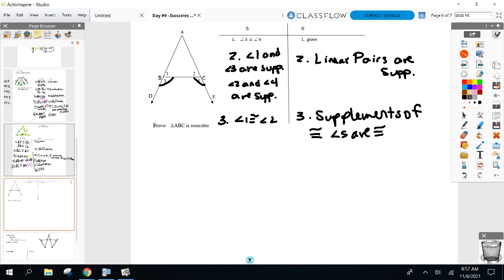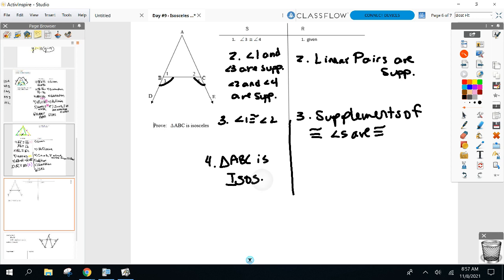Good work. Now, you can stop here. Did I just get 2 congruent angles in that triangle? Is it isosceles now? Yes. Now, if you wanted to add on and try to impress people, could I have said that now that 1 and 2 are equal, AB and AC are equal? In a triangle, congruent sides are across from congruent angles, you could. It's just an extra step. You're just doing it a different way, but we can stop here and say triangle ABC is